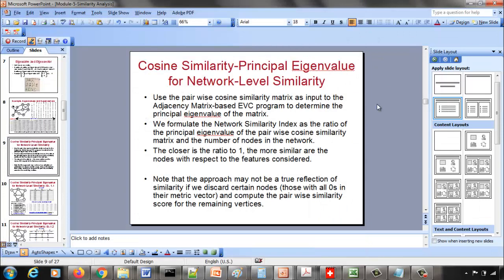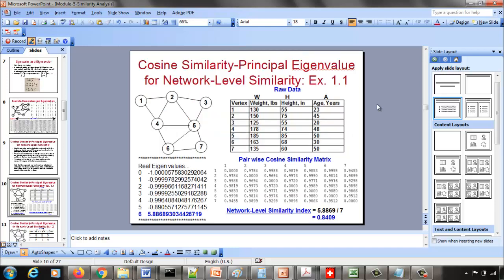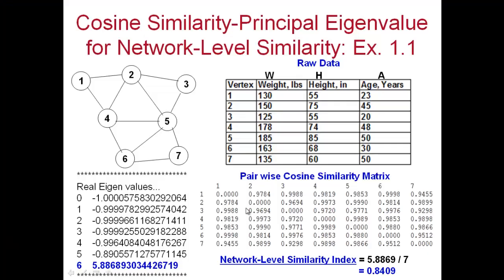We are going to use the pairwise cosine similarity matrix we came up with in the previous video and use that as a basis to compute what is called a network level similarity. Okay. Now, this is the pairwise cosine similarity matrix. Now you see here in the pairwise cosine similarity matrix, the entries are of course between 0 and 1, and now if you have all the entries other than the diagonal to be 1,